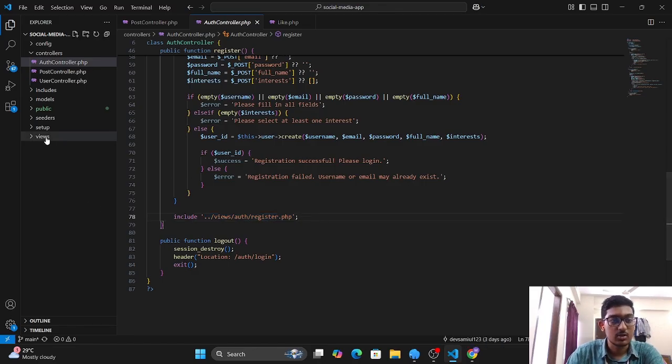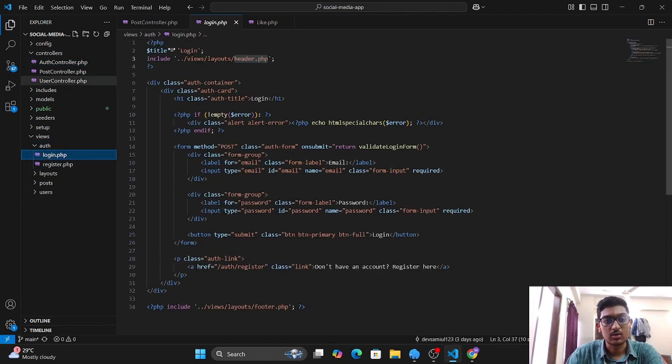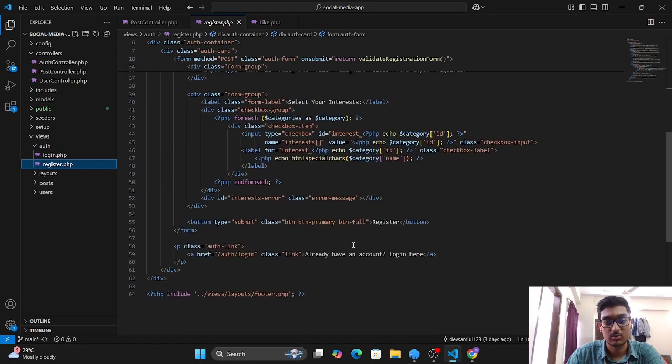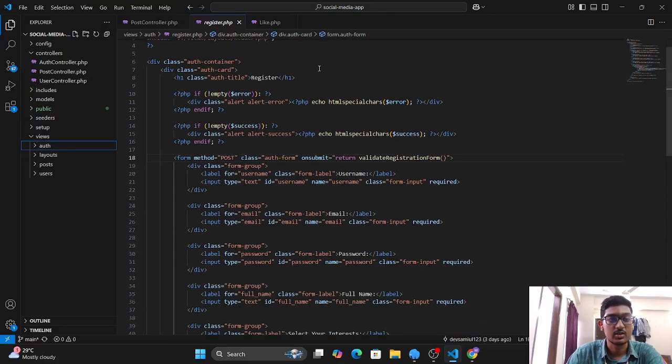So if we go to the view and go for the auth section, here is the auth section. Here we can see the login and registration part. In login, the total logic is here and the front end is here, and for the registration, the total logic is here. Okay, that's it. And if we go to the post controller,